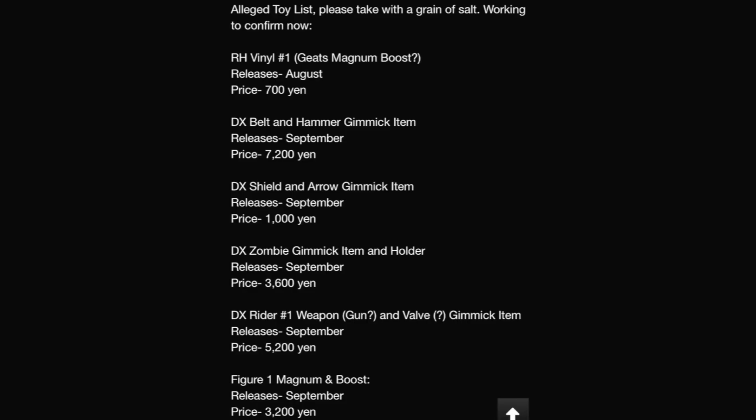Like last year it was the Megalodon Vi stamp, the year before that it was the Peter Fantasista Run to Ride book, the year before that was the Flying Falcon Progress Key. So that happens every year, but it looks like maybe not this time. We also have the Deluxe Belt and Hammer gimmick item, so this could be some kind of combo set with a gimmick item or something, potentially, or maybe just the base set comes with the hammer of the gimmick item,